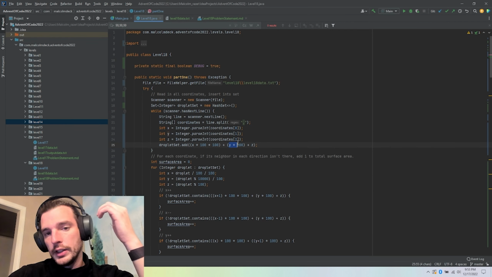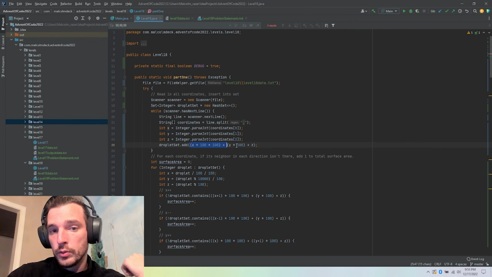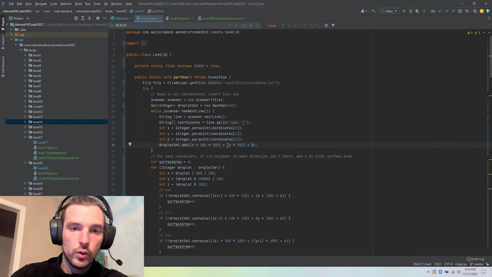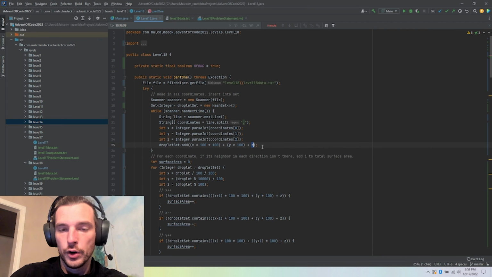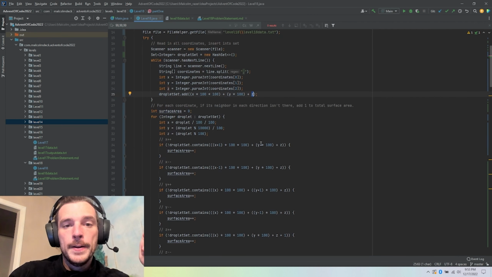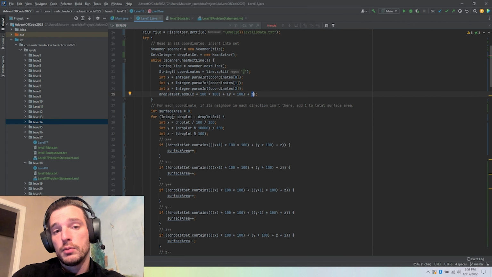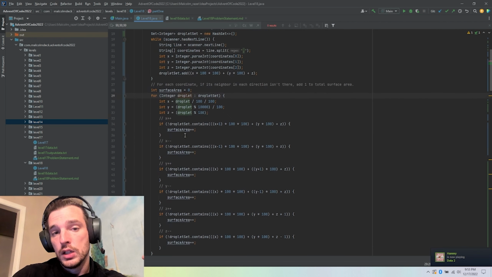All these have values actually less than 20, but they're definitely less than 100. So this will be a unique representation for every XYZ point. There's no way Z is going to be, for example, 101, which would collide with 0, 1, 1. So we're fine. Now what we do is for the surface area, for every droplet that we see, we compare